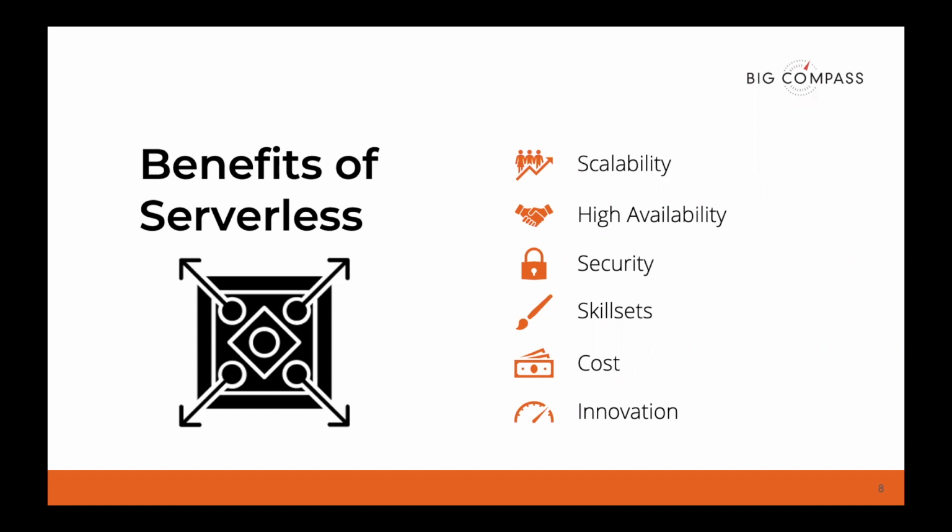Benefit number 5 would be cost. Big Compass has helped some of our customers save over 90% in ongoing costs by moving their integration platform to the serverless cloud in AWS. That's over 90%. So, CIOs love that. They love seeing this reduced operational expenditure by over 90% in some cases. Of course, that's going to be balanced with an upfront implementation cost, but your ongoing cost can be drastically decreased.